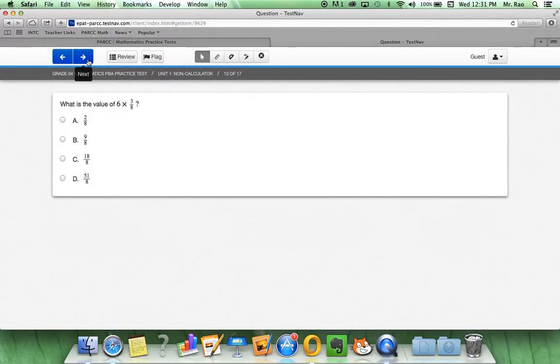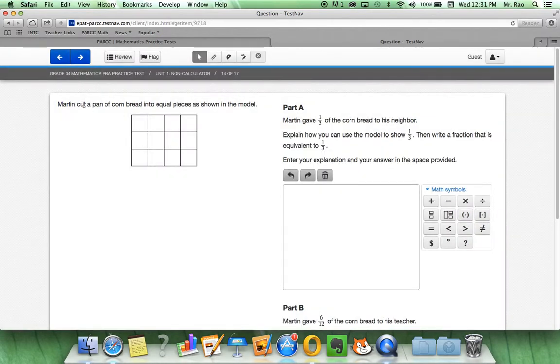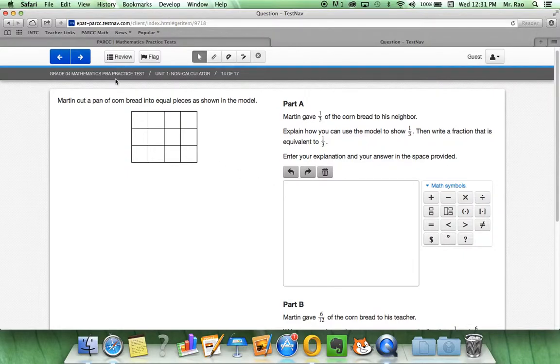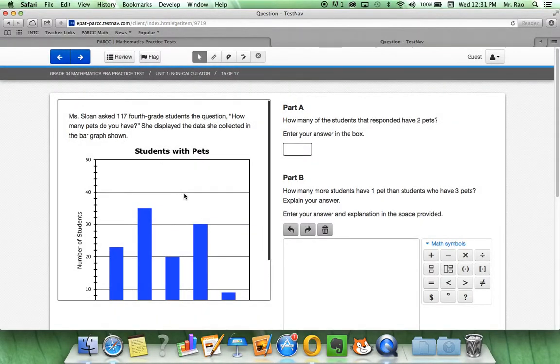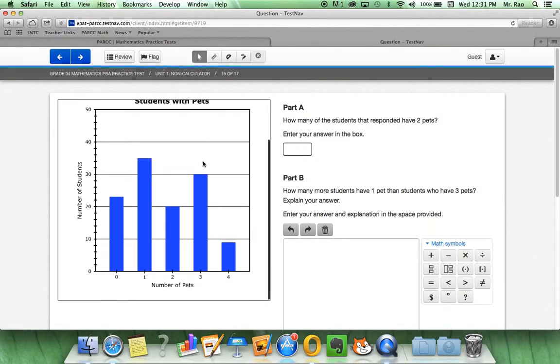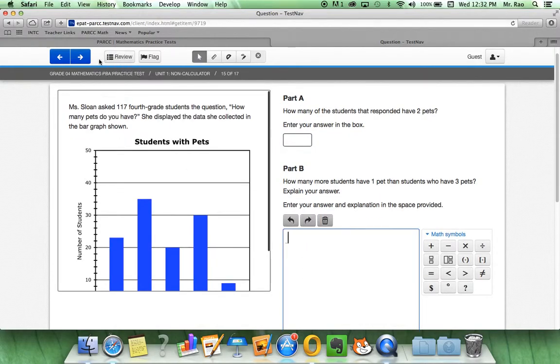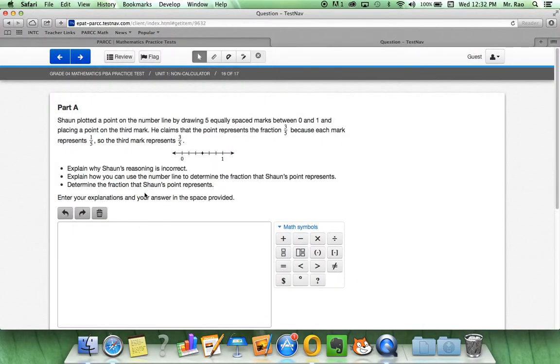Multiple choice. Martin cut a pan of cornbread into equal pieces as shown in the model. Explanation once again. This is what we need to practice with. We're going to look at a graph. Scroll down. We have a screen within a screen. So we can scroll down over here to find our answers. Enter, explain, enter our answers again right here,